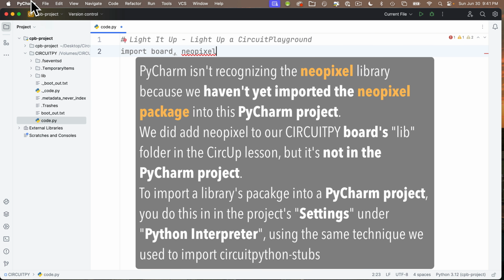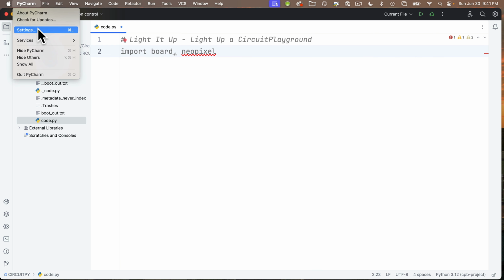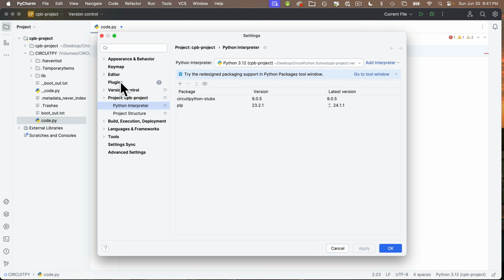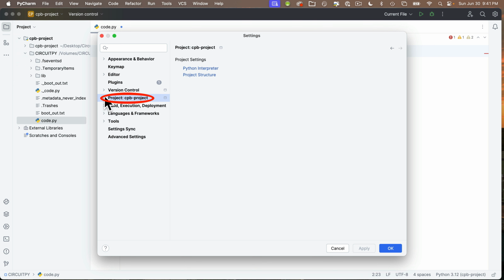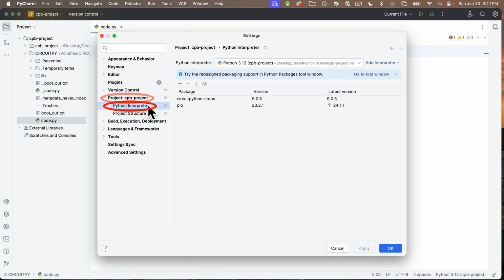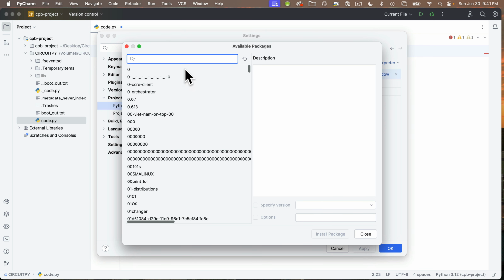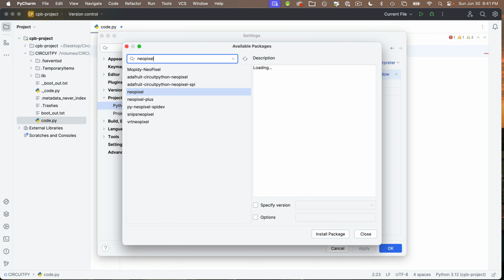We're going to head up to the PyCharm settings. On Mac that's under the PyCharm menu, on Windows it's under the File menu. Choose Settings, then Project, then Python Interpreter, and then we'll click on the plus above packages just as we did with the CircuitPython stubs. And remember, we have hundreds of potential libraries to include here. Now we can search for the name NeoPixel in the search box, but be careful. This brings up a bunch of libraries, including one that's named simply neopixel that you might think is the right one,